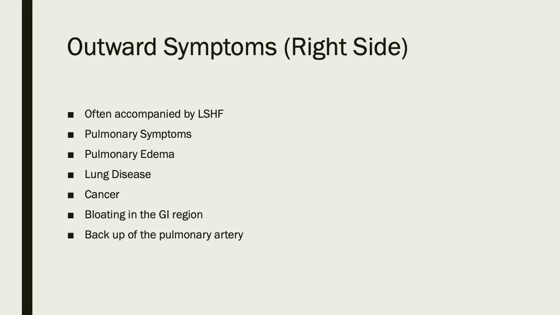So this can lead to pulmonary edema, lung diseases, cancer, emphysema, and additionally, going back to the idea of edemas, this is going to cause bloating in the GI region, as this is where the blood is getting kind of stuck on its way back to the lungs. As you may know, the vessels that are carrying deoxygenated blood back to the heart to go to the lungs are veins, and veins will compensate for increased blood volume. So they will expand, and it will get that fluid to kind of leak out into the surrounding cavities. And this is why we see bloating in the GI region